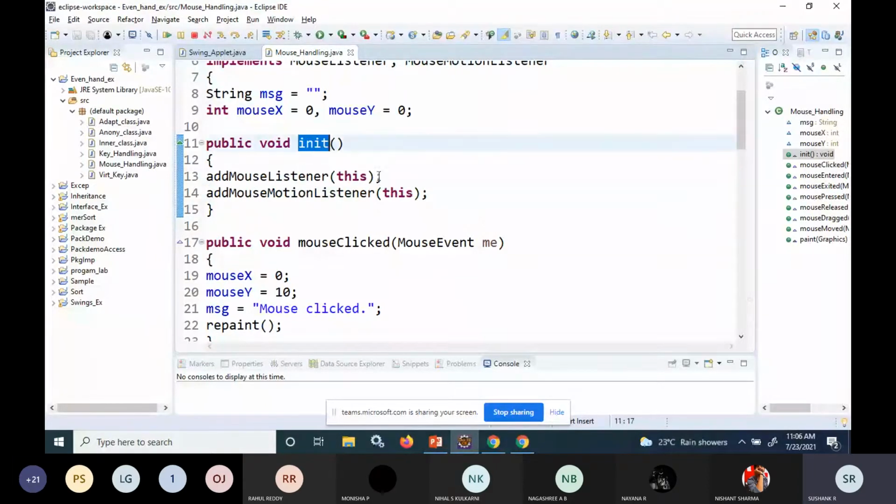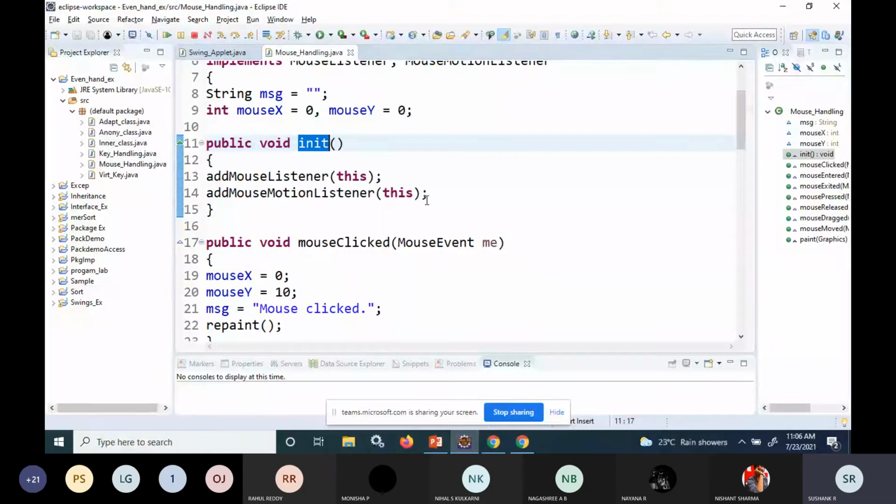I'm writing it inside the init method, where I'm registering as a listener for the mouse listener events and mouse motion listener events. This step is the registration process. Here I've written two things. This is the registration process with the listener.